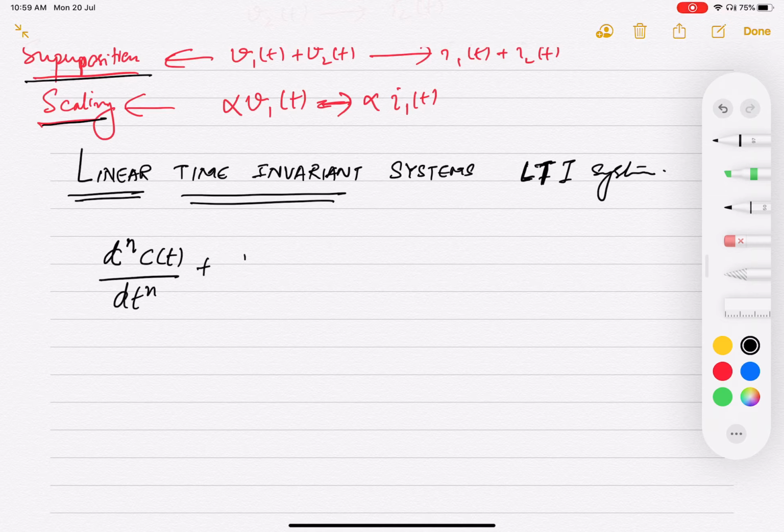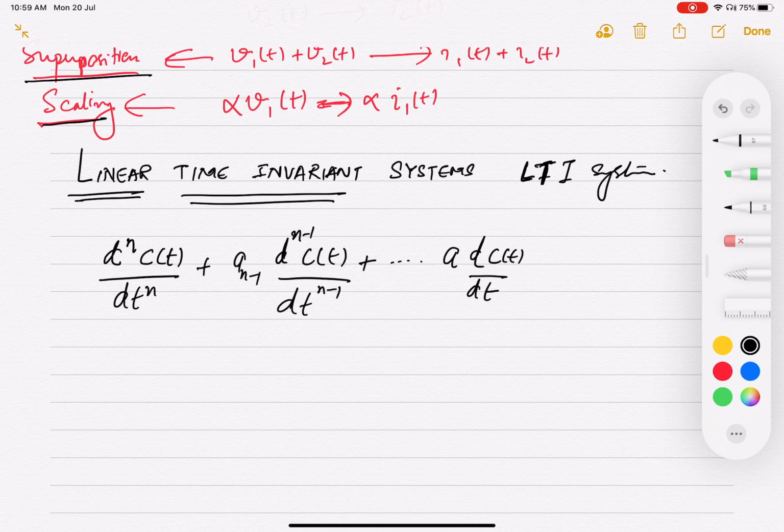Then you have these coefficients: a(n-1) times d^(n-1)c(t)/dt^(n-1), which is the (n-1)th differential of the output, plus, it will go on, and you have the first differential dc(t)/dt. So this is a1, and the last term is a0 c(t), equal to